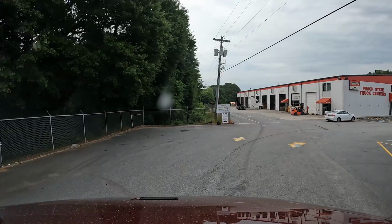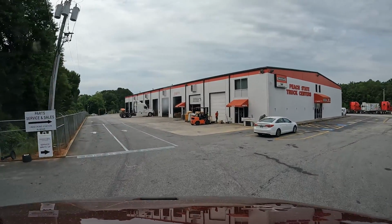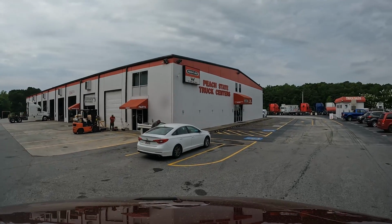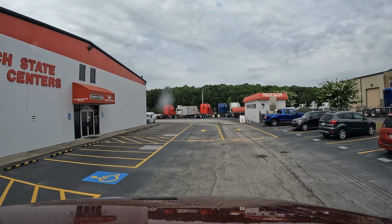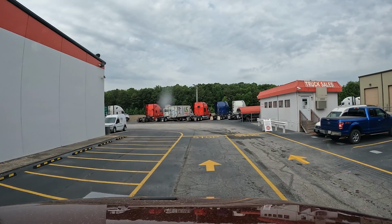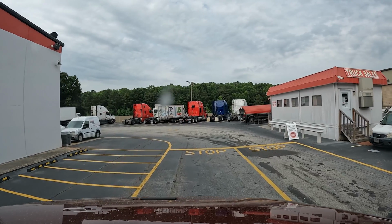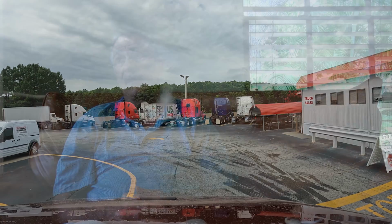They're technically more adept at motorhomes, and they tend to try and get you in and out faster. So we looked for one, and what we found is Peachtree Freightliner Service Center in McDonough, Georgia. So we dropped it off, and supposedly these Oasis have hookups and they're very RV friendly, and that's